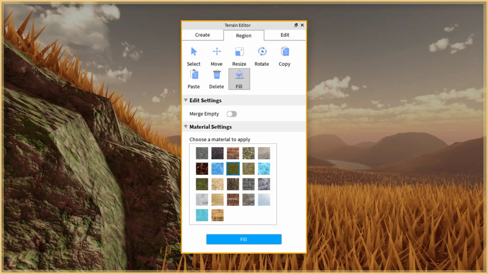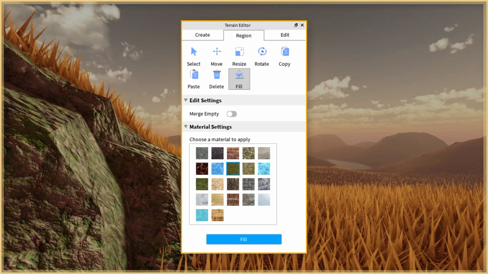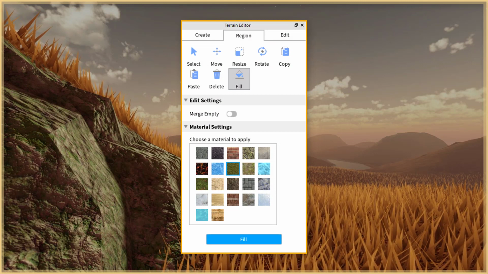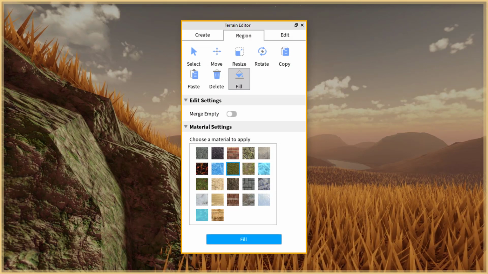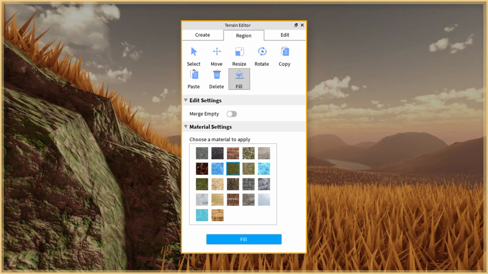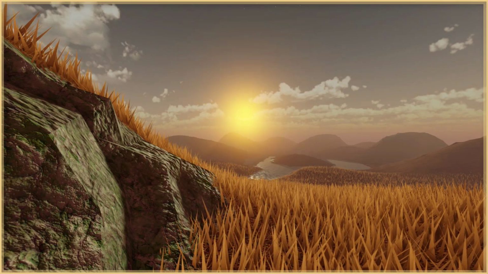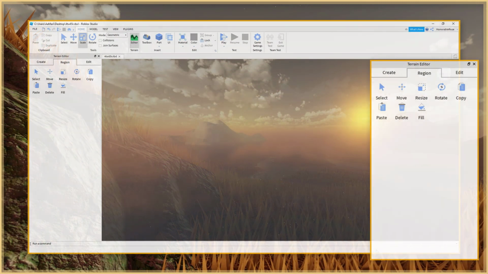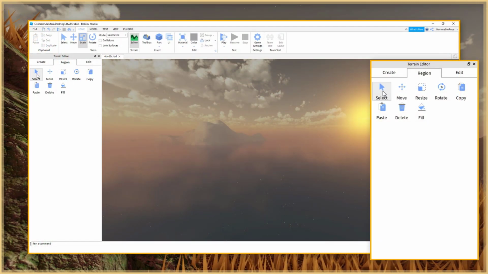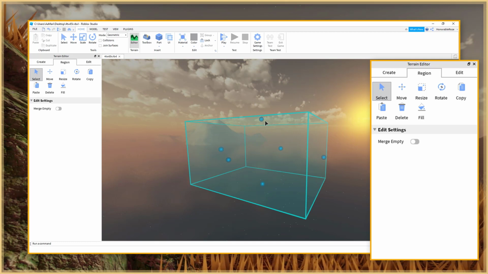Alrighty, and last but not least is the fill button. The fill button means that whatever is in your selected part, it is going to fill it up with whatever material you choose. So the first thing you want to do is click wherever you want your selection to be. Mine right now is just going to be in midair,